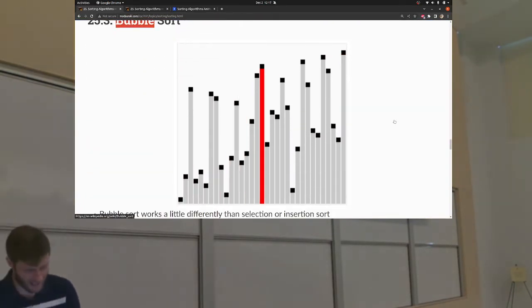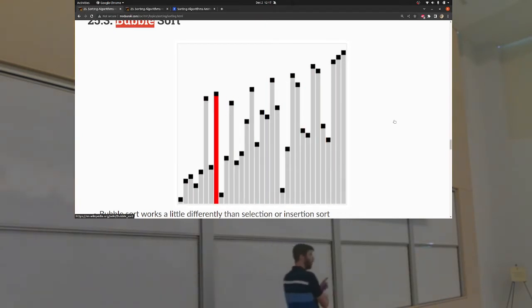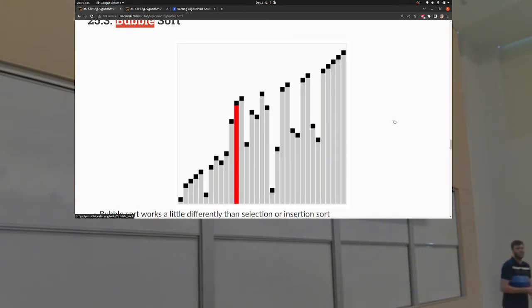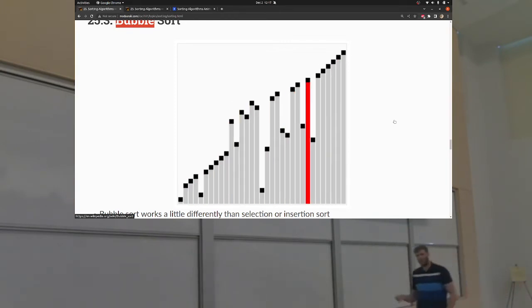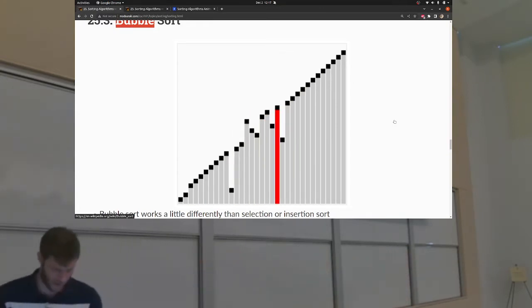So really, the order that I do those checks and swaps doesn't matter at all. If I have two numbers and they're out of order, I just swap them. And let's quickly throw up